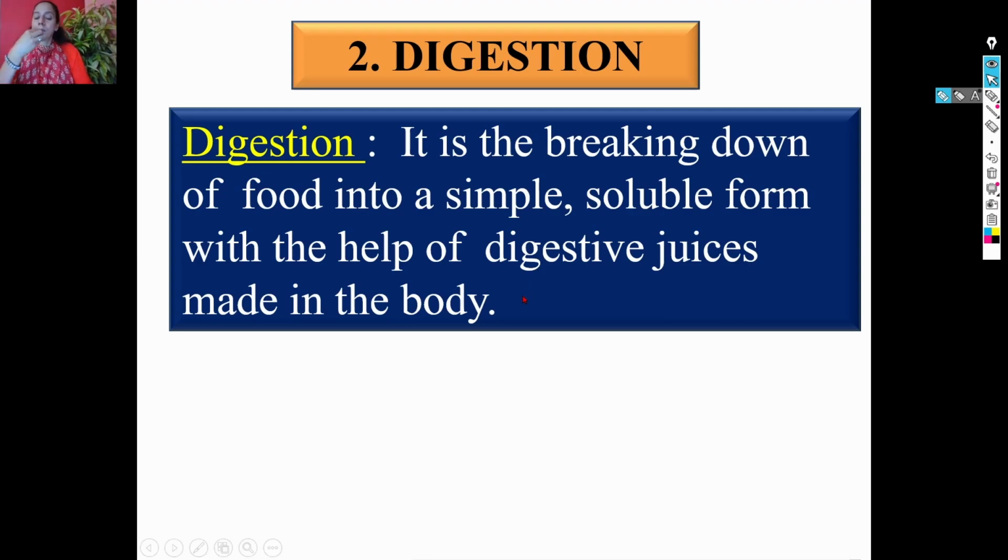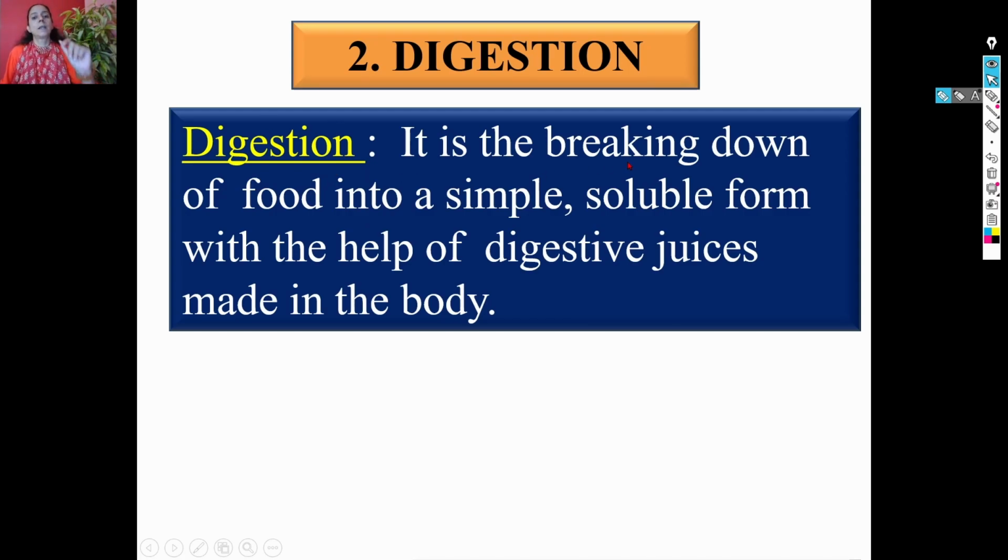It means the moment we are eating one bite of chapati or any other food item, we are chewing it and then swallowing it down. It is further moving into different parts of our digestive system, and it is broken down into simple soluble form with the help of certain juices, about which we will discuss in detail in a coming segment of this chapter. So for the time being, what my viewers have to remember is that digestion is the second step in the process